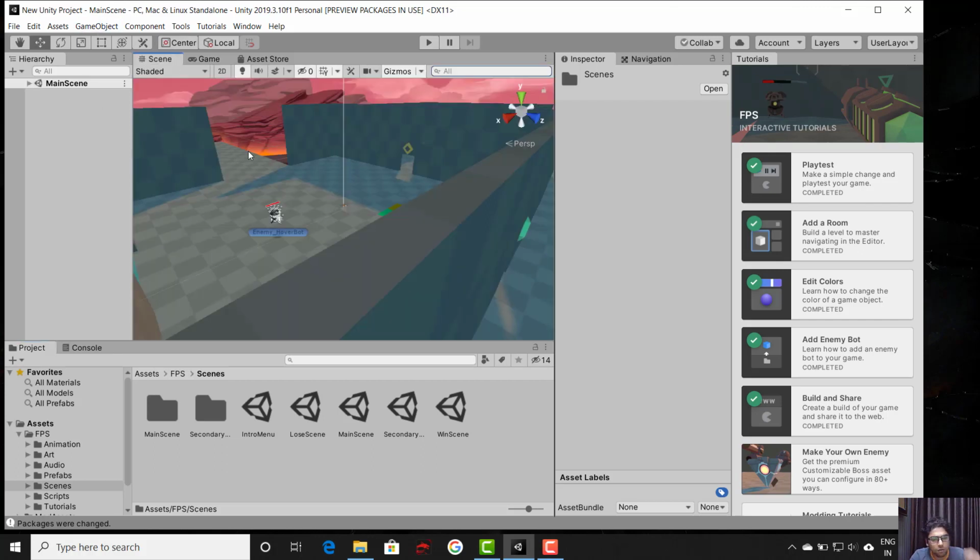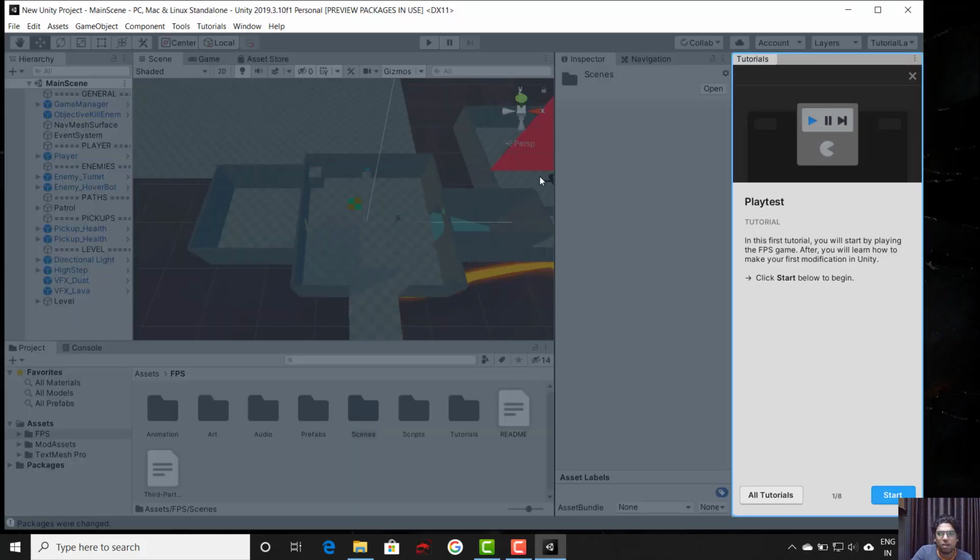For example, you want to add, maybe let's say you want to play basketball, you want to add some car, you want to add some helicopter, you want to create some wall. Everything you're going to do in an asset only, and everything you're going to do in a scene only, and all the stuff that you're going to do is known as an asset. For example, a wall is an asset, a chair is an asset, a plate is an asset, a car is an asset, a tire is an asset. Everything is considered as an asset. So we'll go through this one by one. Then after that, I'll tell you how it works.